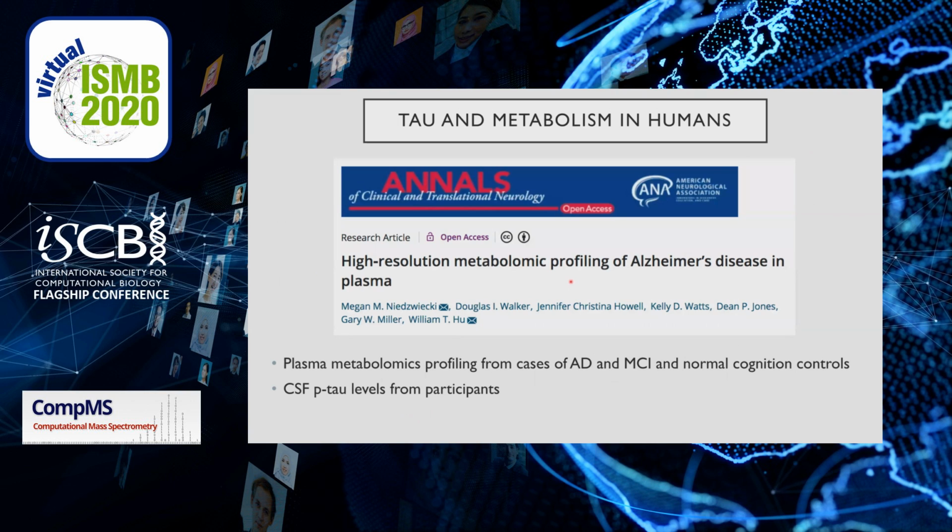While all of these results were really interesting, we know that worms only tell us so much about human biology. Therefore, we use data available from patients recruited through the Emory Cognitive Neurology Clinic and the Emory Alzheimer's Disease Research Center. We use these data to determine the association between the plasma metabolomic features as well as p-tau levels measured in the cerebrospinal fluid from each patient. This paper from last year shows the high-resolution metabolomic profile of Alzheimer's disease in this cohort,